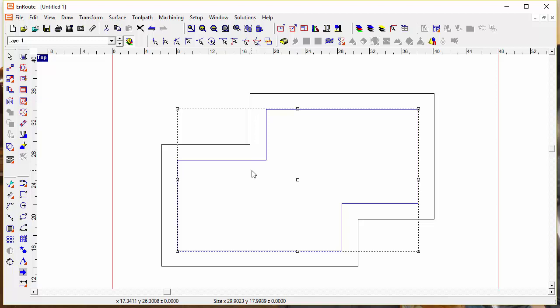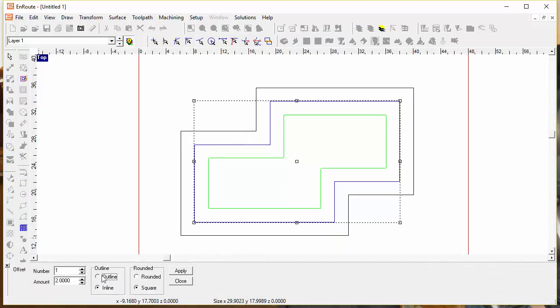So in this case now, if en route is asked to do the tool compensation where we actually offset the geometry, essentially what happens is we go by that same amount, by the tool diameter amount, back out towards the geometry, and it does it using the rounded option, because that's the way that en route is going to offset the toolpath back out to the geometry. So then when I click apply,